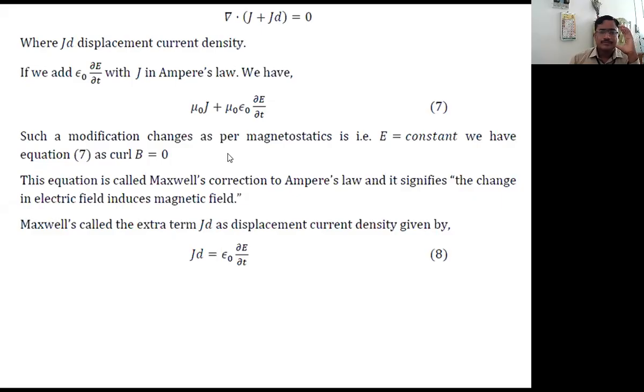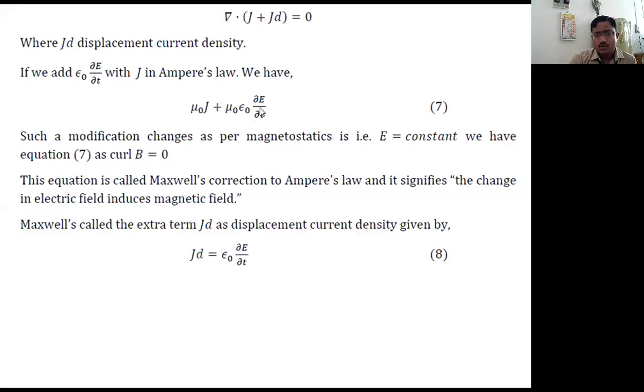Now, this is a time variable case. This is a dynamic case. Now, when you go to the static case, E doesn't depend upon t. When E doesn't depend upon t, the derivative of E with respect to t is equal to 0. Derivative of E with respect to time t is equal to 0. Now, we don't have a problem because